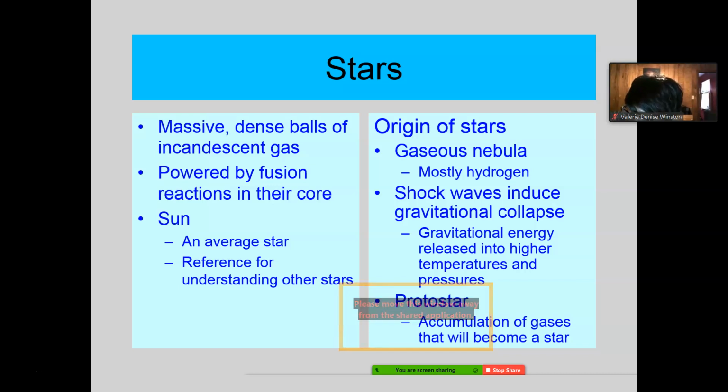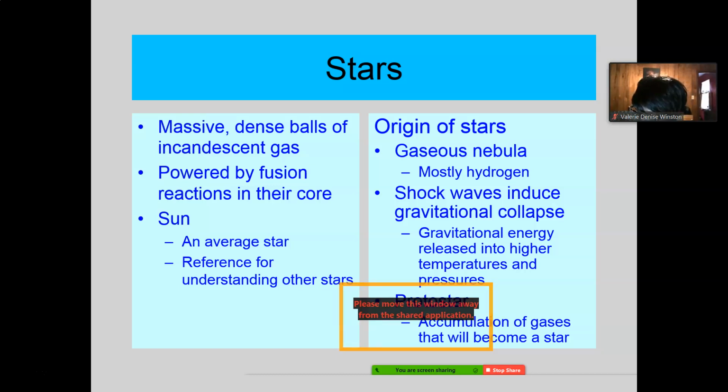Now, when it says dense, it's nothing dense like a rock or dense like water or dense like anything else, but it's still, for a gas, incredibly dense. Okay? So dense that those molecules rubbing into each other are creating heat. Now, that's not the main source of heat, but they are close enough to create heat.